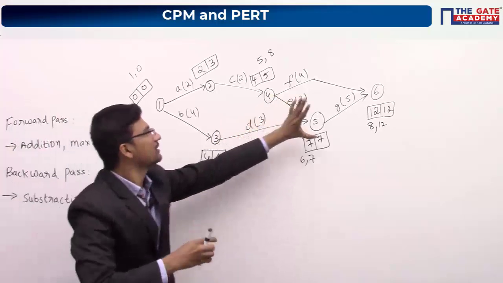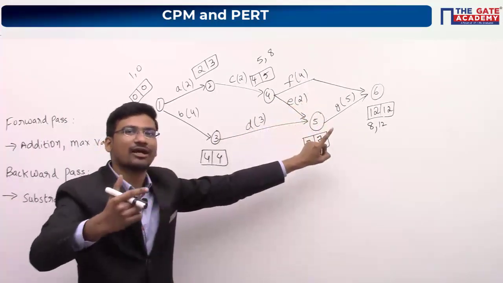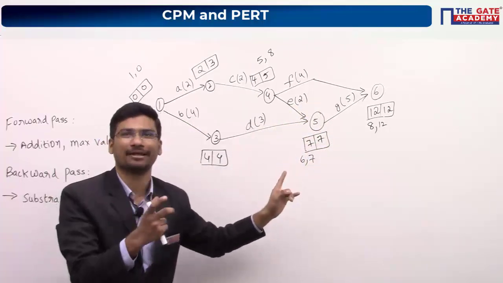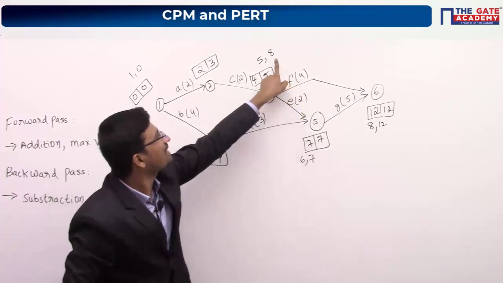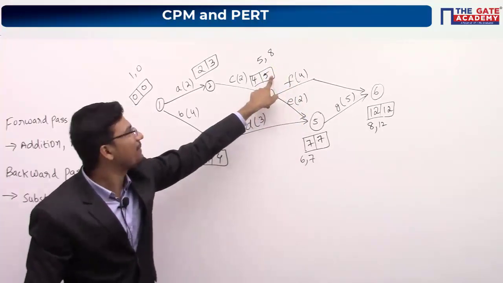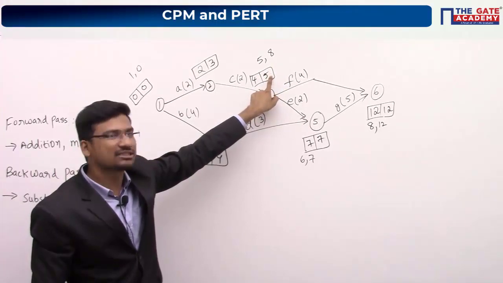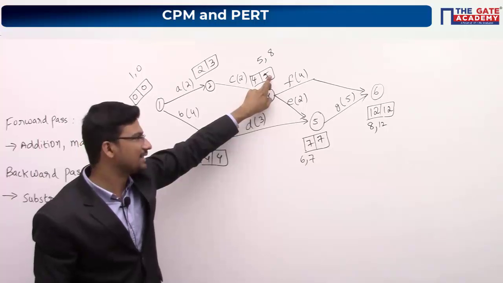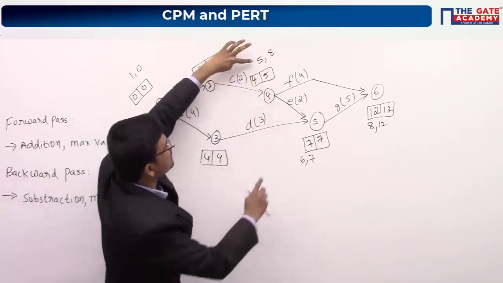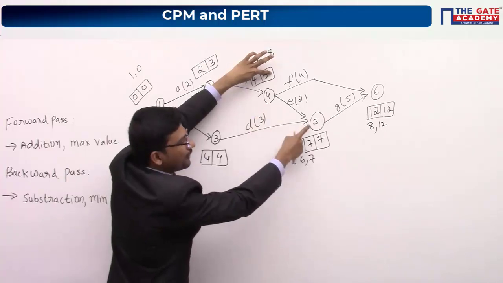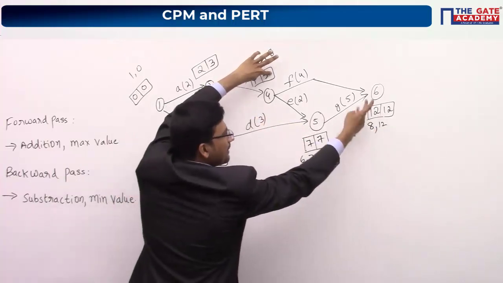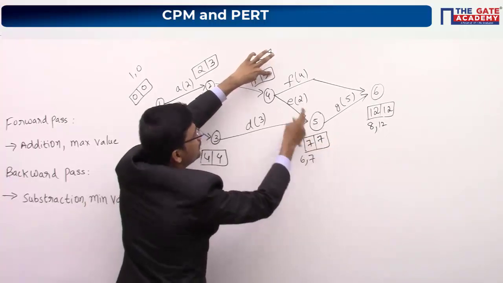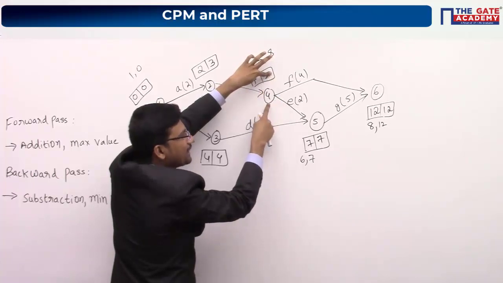Still I will try. See, if you are getting a doubt like why we are taking minimum value, now take maximum value and check what's wrong here. If I take maximum value here, this will be 8. That means latest start time is 8 for this particular activity. So now look at this activity, 4 to 5. Already it is 12 minus 5. We are having only one value and we have taken 7 here. Now, this is the latest start time for this particular activity, 4 to 5.